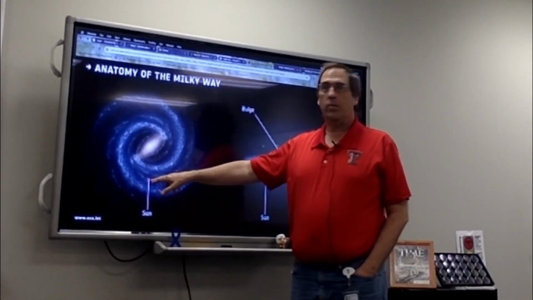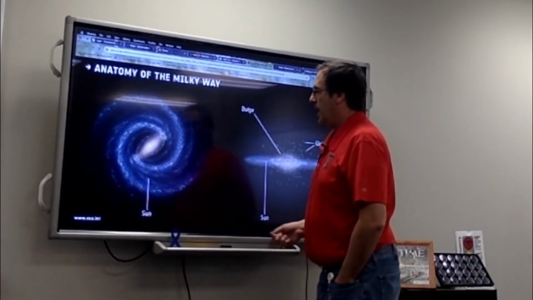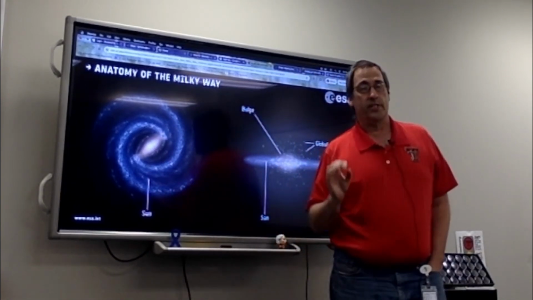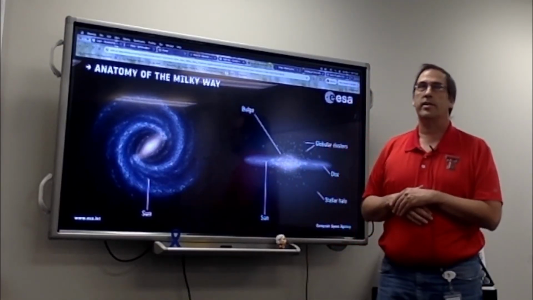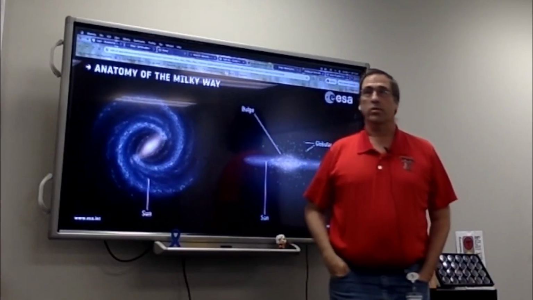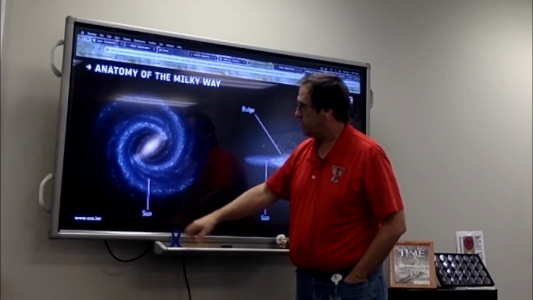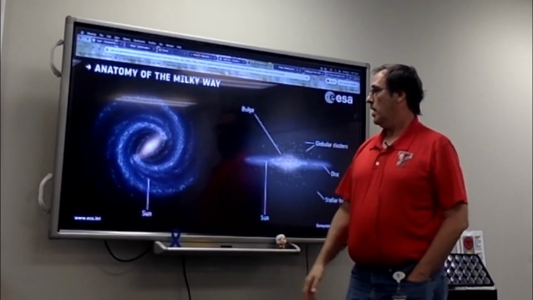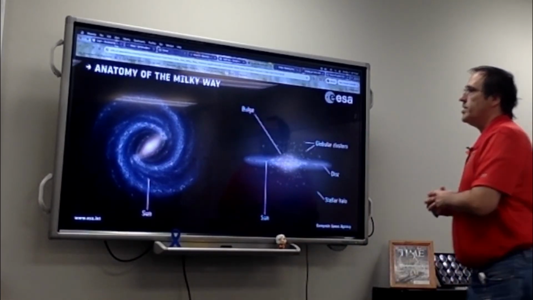Here's the sun. We are about 8,000 parsecs from the center of the Milky Way galaxy. And at the center of our galaxy, there is a supermassive black hole called Sagittarius A star. It gets its name because if you go outside and find the constellation Sagittarius and look at it, you are looking towards the center of our galaxy. So we're about 8,000 parsecs away, which means the total distance across our galaxy is well over 25 parsecs across.